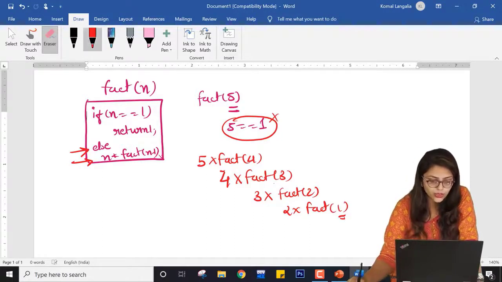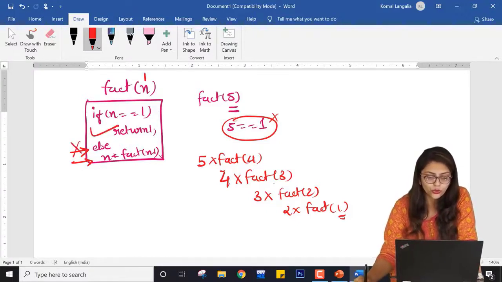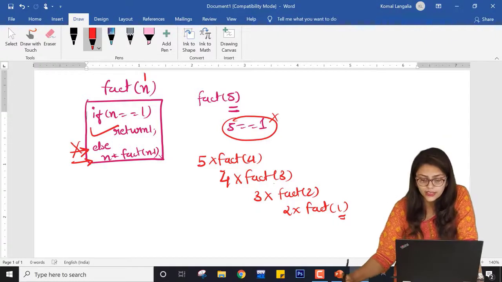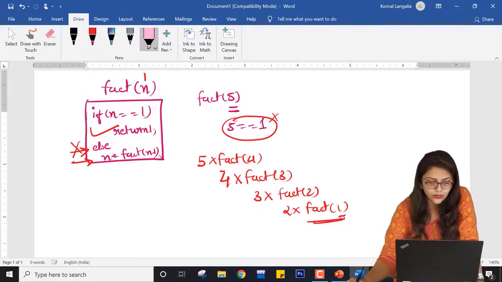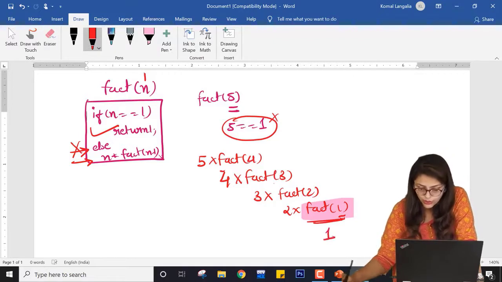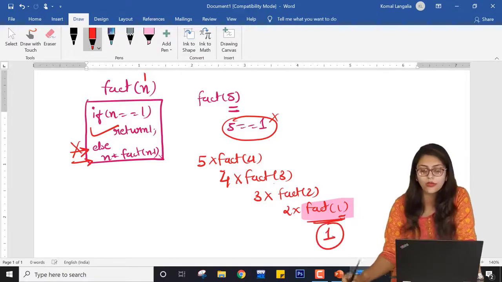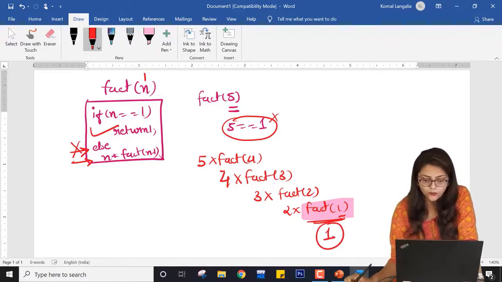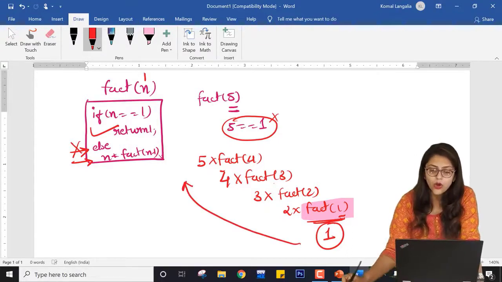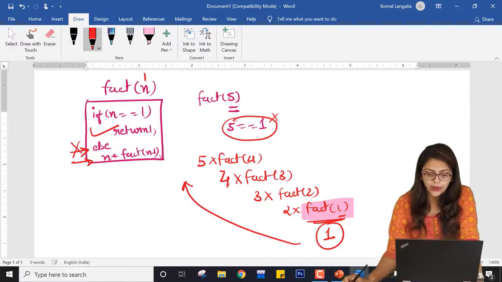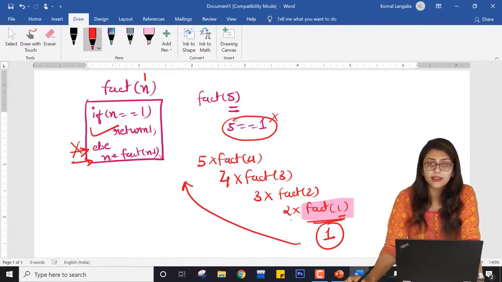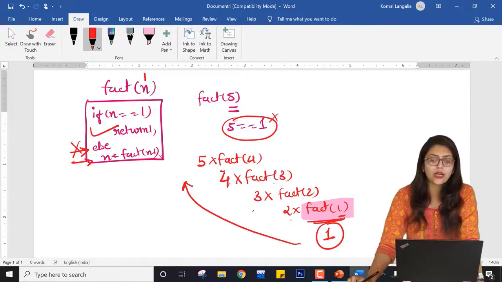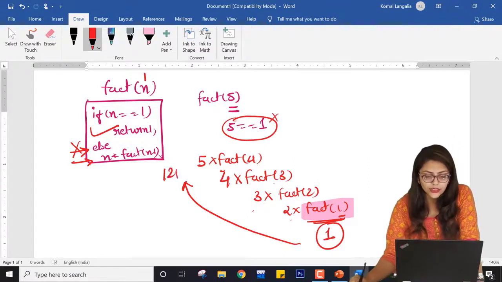So for this one, the condition is true. It will not go to else, it will go to this, and here it will return 1. So now this becomes 1. Now it will multiply all of this, right? How? First 1 is multiplied with 2, then the entire answer is multiplied with 3, then 4 and then 5. So the answer returned is 120.